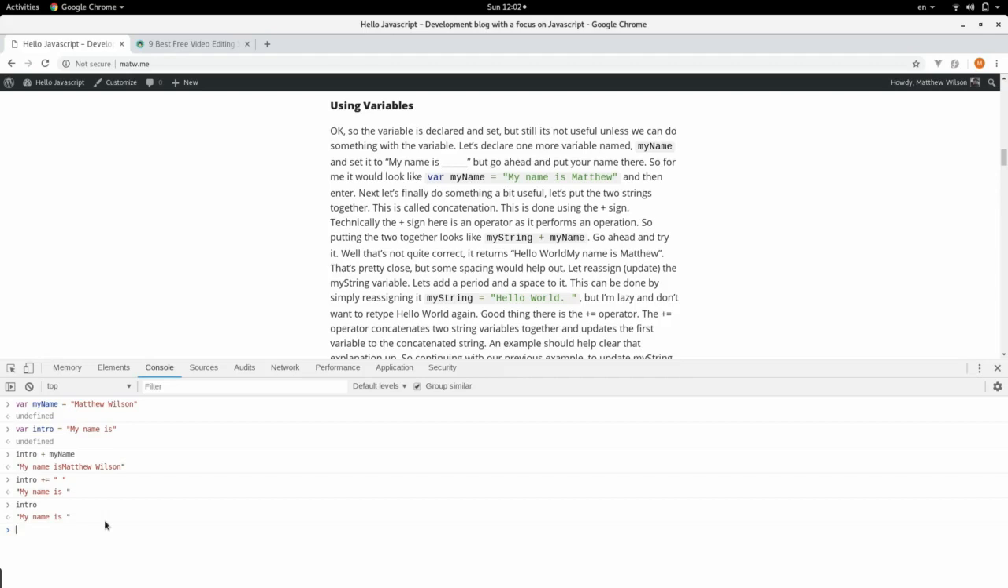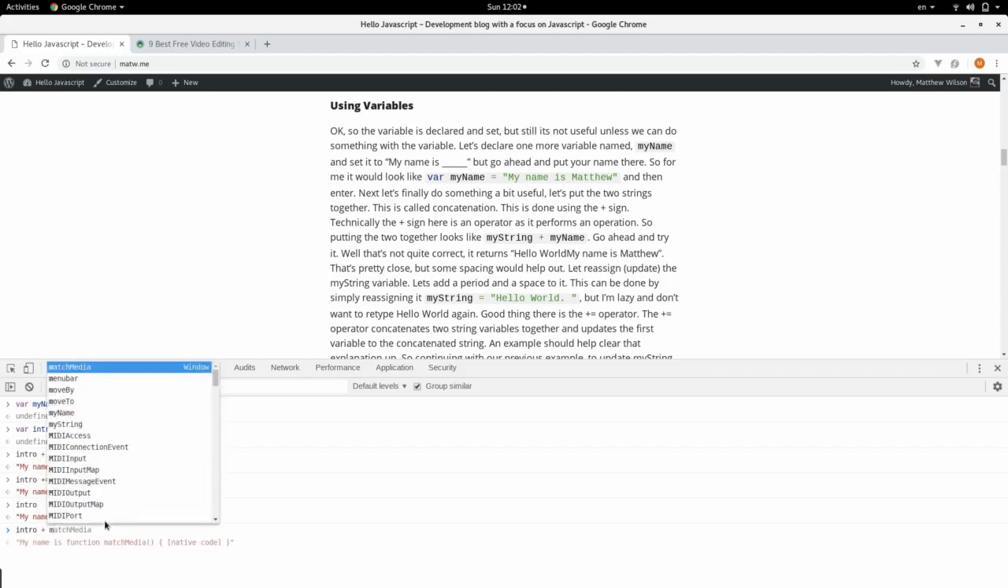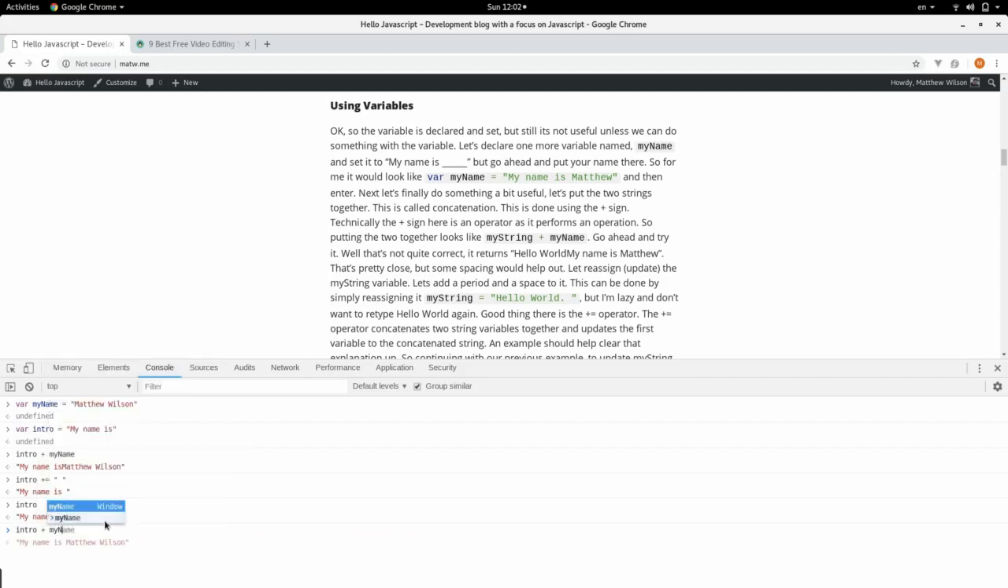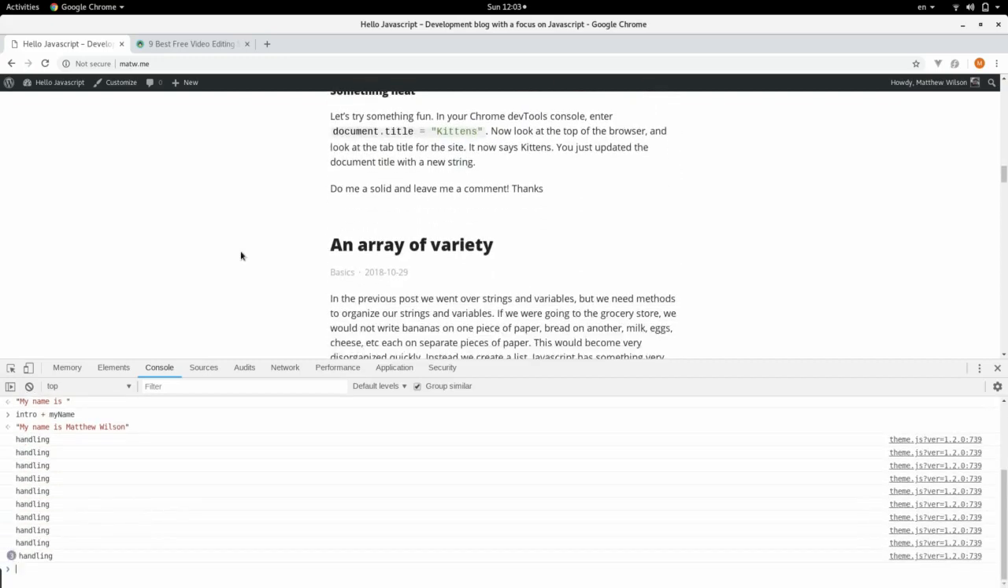So now we can do and get the response that we want, intro plus myName, and we will get my name is Matthew Wilson. So that's strings, the very introduction to it. Not a whole lot of usefulness there by itself,